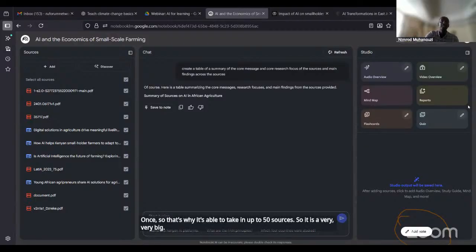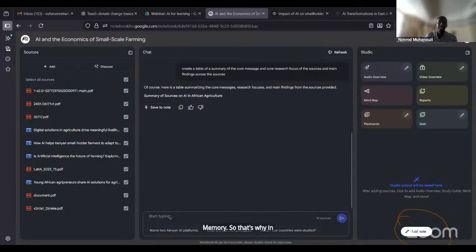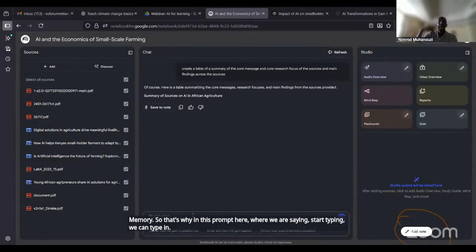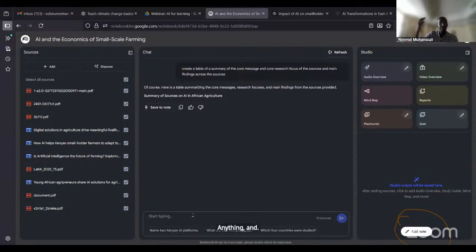So that's why in this prompt here, where we are saying start typing, we can type in anything and it will keep working with this. We can load in very many sources and it will work with it. So that is the advantage of